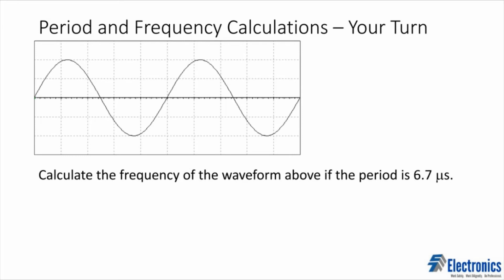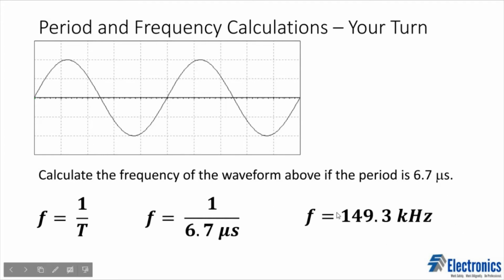Okay, so if you want to go ahead and give this a shot, this one says calculate the frequency of the waveform above if the period is 6.7 microseconds. So you can go ahead and pause the video and give it a shot. Otherwise, I'll just keep on moving on. Again, we'll use this formula. We're going to input the period, and frequency equals, if you put this in your calculator,